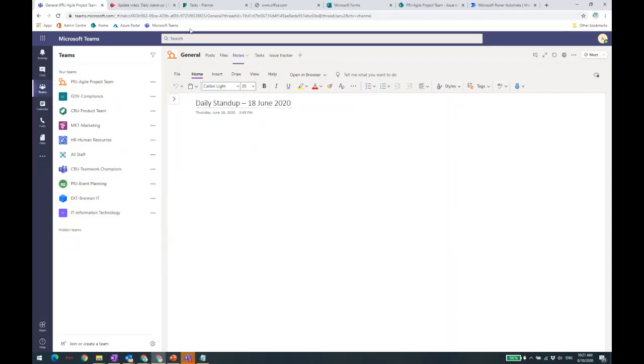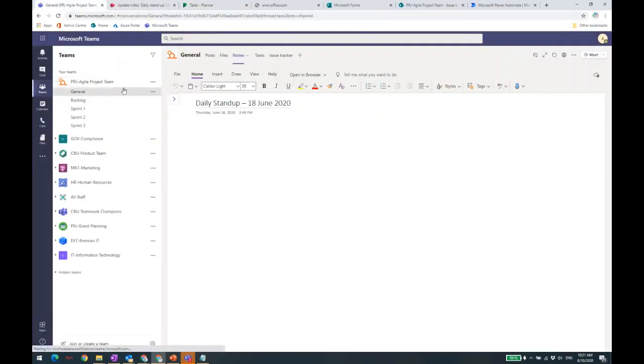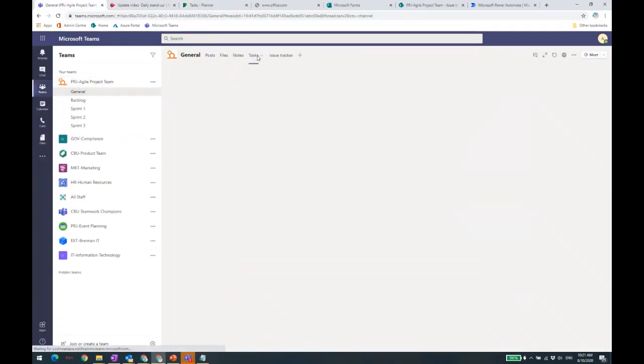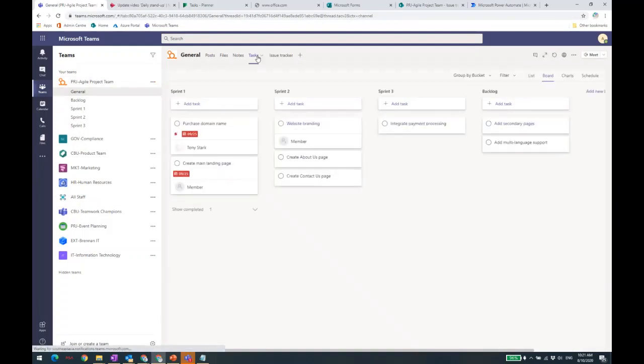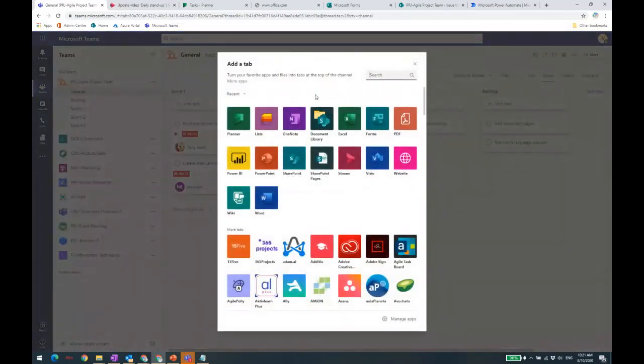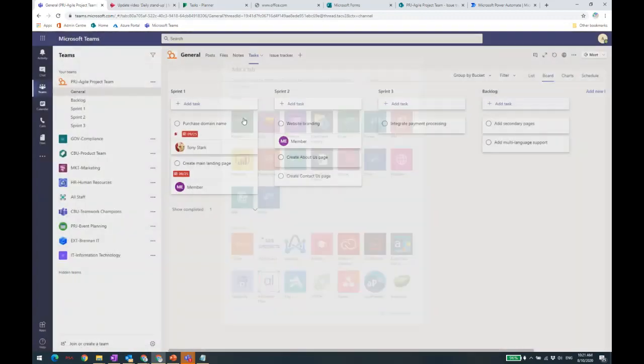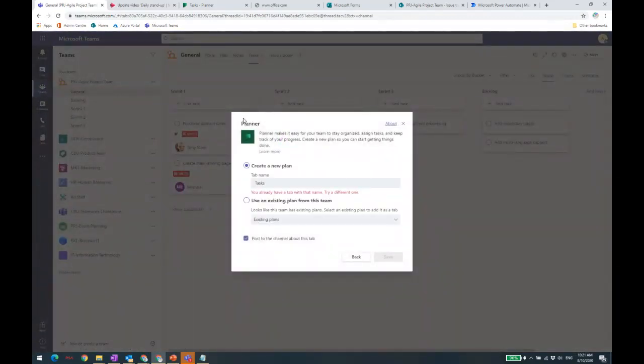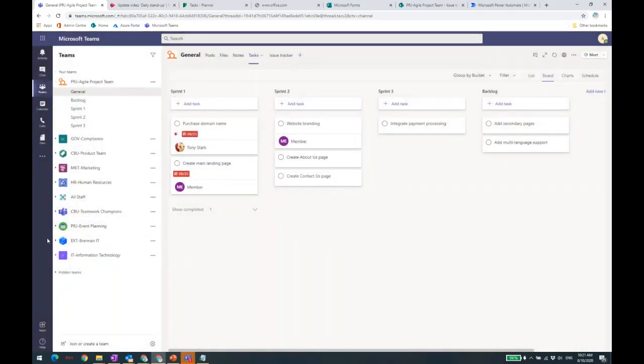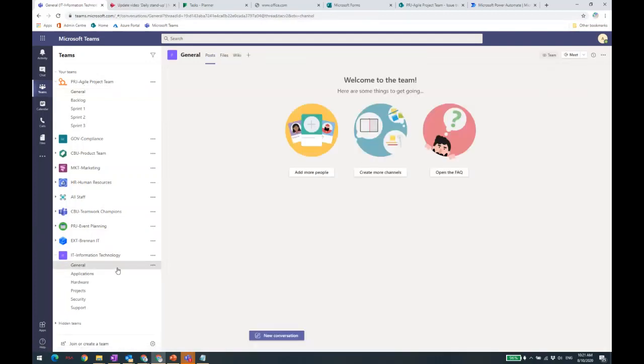Planner. So I'm going to talk about Planner now. Click on Planner. So this is an example of a planner that's been created. Again, you can create a new planner by clicking on the plus on the tab and hit Planner. So for example, if I'm going to come out of this and I'm going to go to the information technology. So for example, as an IT manager,